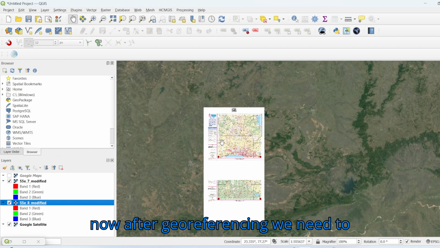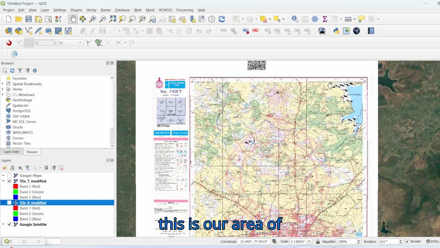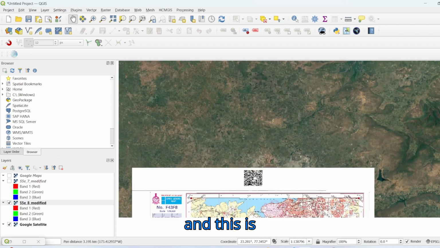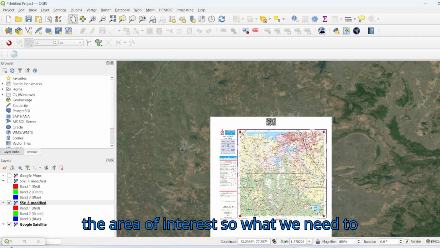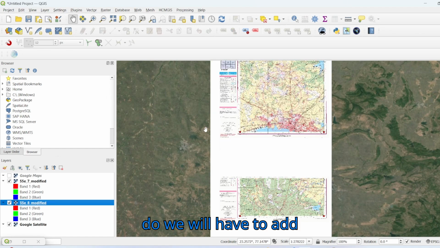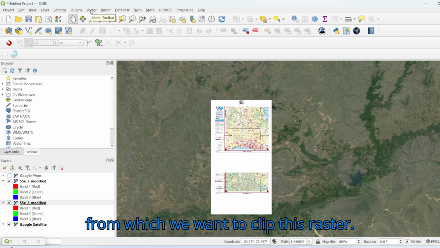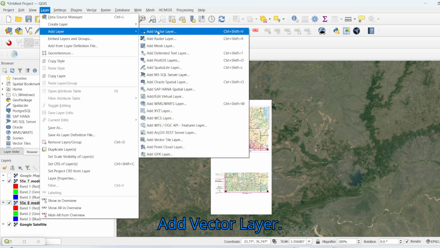Now, after georeferencing, we need to clip the area of interest. If you can see, this is our area of interest, and this is the area of interest. So what we need to do, we will have to add one vector layer, a boundary from which we want to clip this raster. So go to Layer, add vector layer,